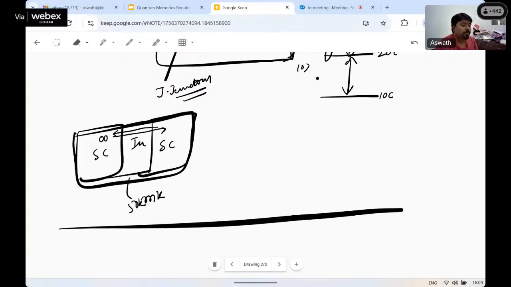Somebody was asking what is the book to study. And there's a question: what type of material executes EIT based memory? So these are called non-linear